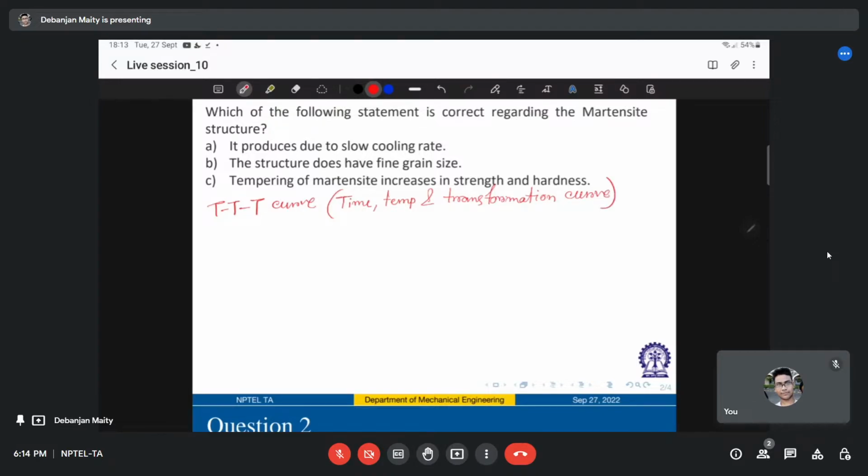Now, let us try to draw a schematic of the TTT curve for Fe-Fe3C. So if this is a time axis, in seconds, and this is temperature,